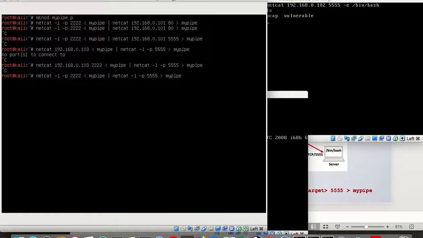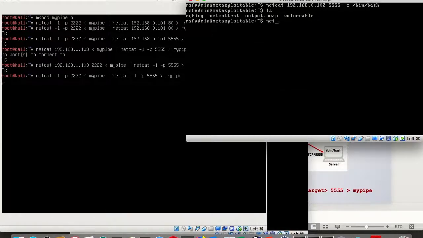And now all I need to do is run netcat as a client. In fact, it's just like before. Connect to the relay system on port 5555 and execute /bin/bash.